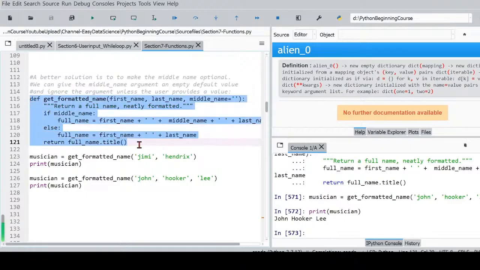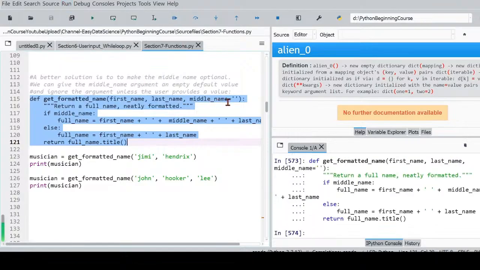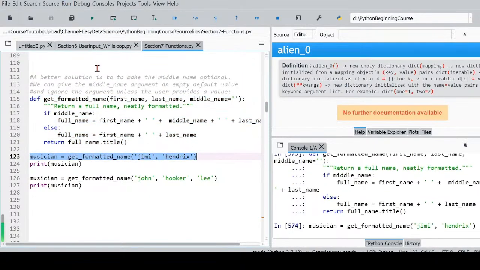We create this function first with middle_name having a default empty string. Then we call this function with only first name